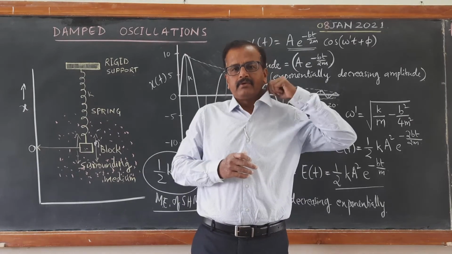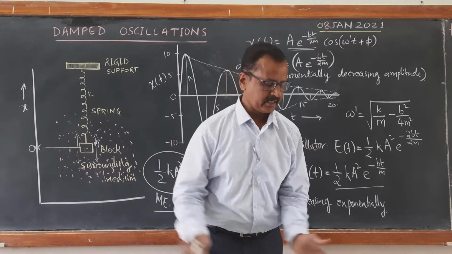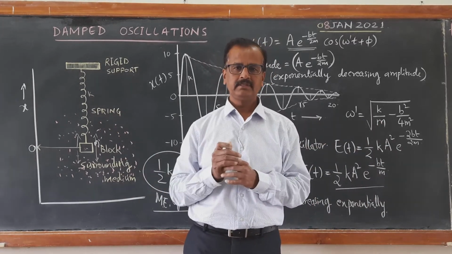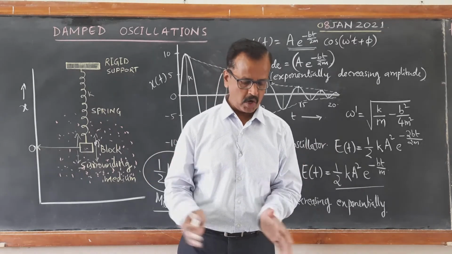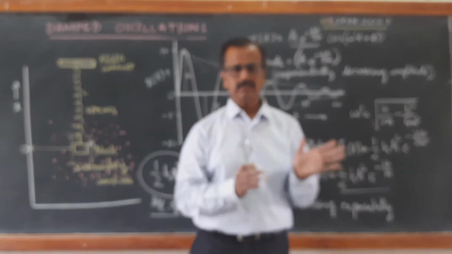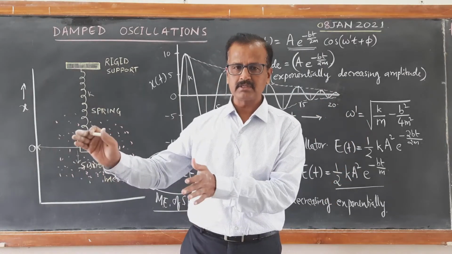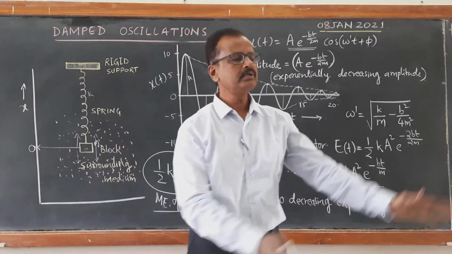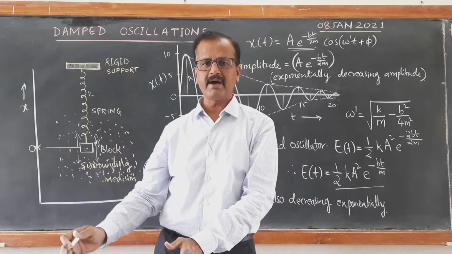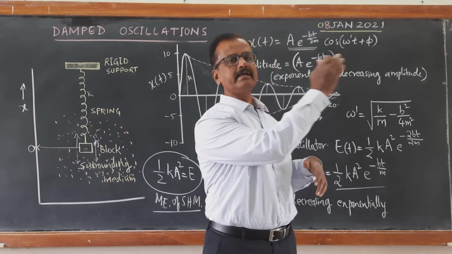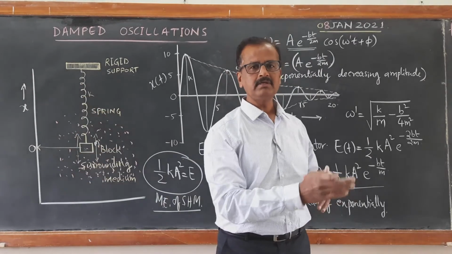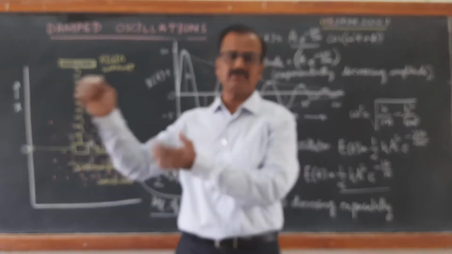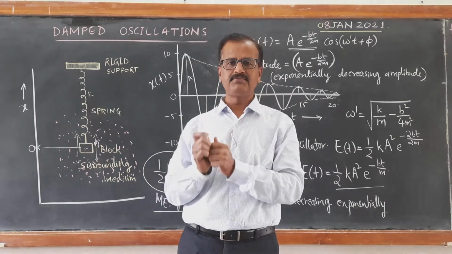When you sit in the swing, if you take a leap, initially the oscillations will be of small amplitude. Then what will you do? You will go on pressing the ground. Every time the swing comes near the ground, you press the ground and take a leap. Then the amplitude increases. Again when it comes back, you press the ground and take a greater leap. So every time you press the ground, you are taking a greater and greater swing of oscillation.